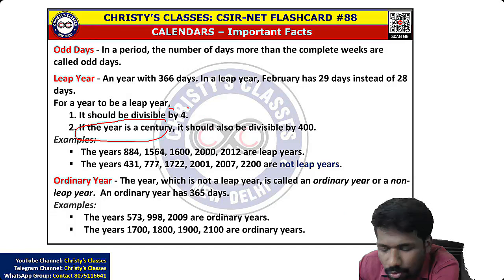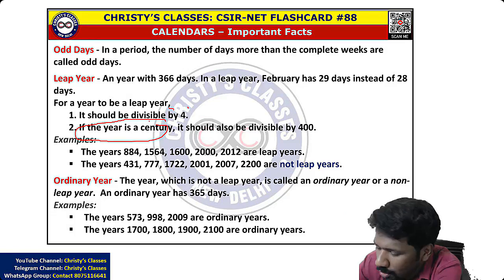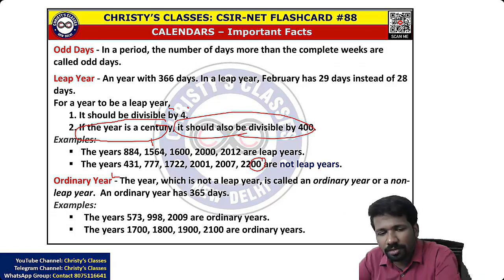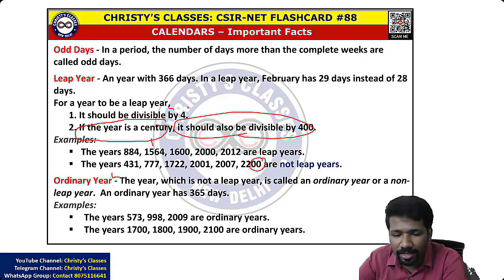4 का मल्टीपल इज ट्रू ओनली फॉर ए नॉन सेंचुरी. नॉन सेंचुरी के लिए 4 का मल्टीपल काफी है. बट गिवन ईयर सेंचुरी है तो सेंचुरी मींस 00 एंडिंग नंबर या 100 का मल्टीपल. सेंचुरी है तो वो 400 से भी डिविजिबल होना चाहिए वो ईयर लीप ईयर होने के लिए.